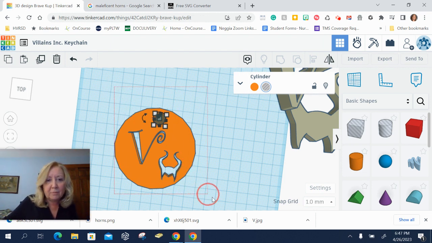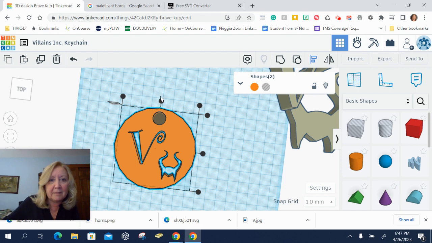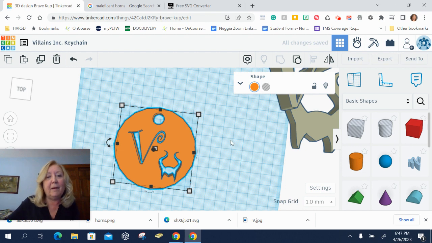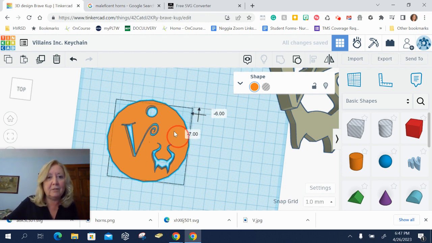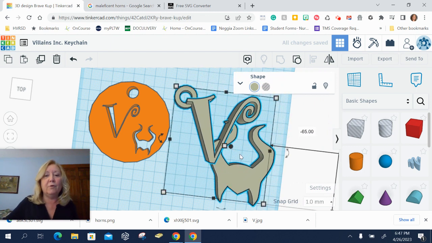from left to right. So I'm going to click and drag the entire part of my design that I want. I'm going to click on the align and I'm going to say center that up like that and then group it. And now I have another style of keychain that starts like this and is a cutout. So your choice for your company,